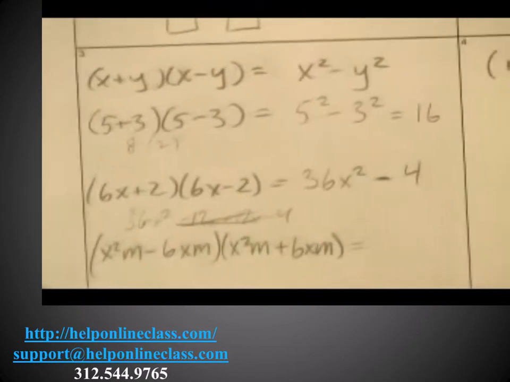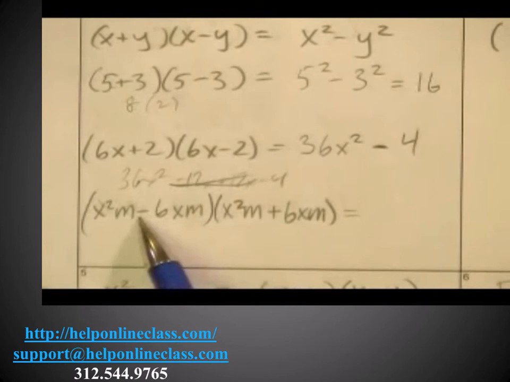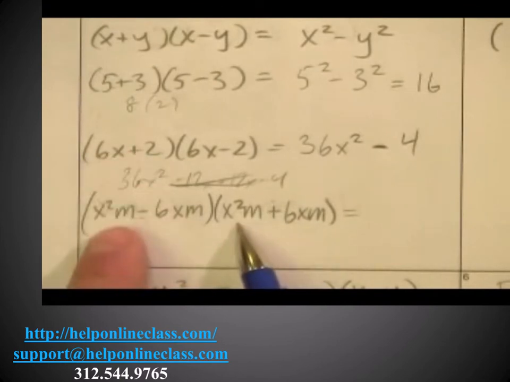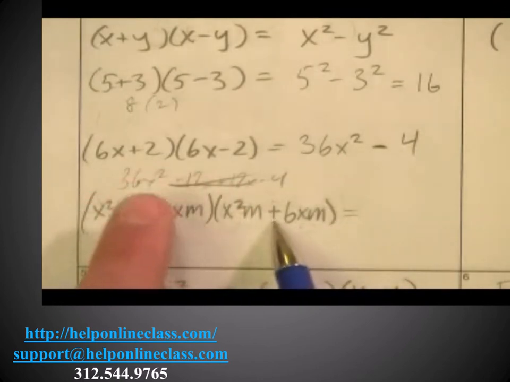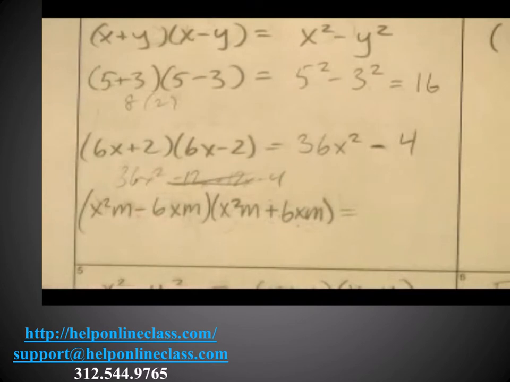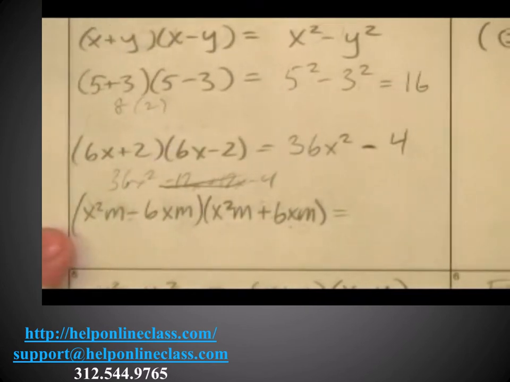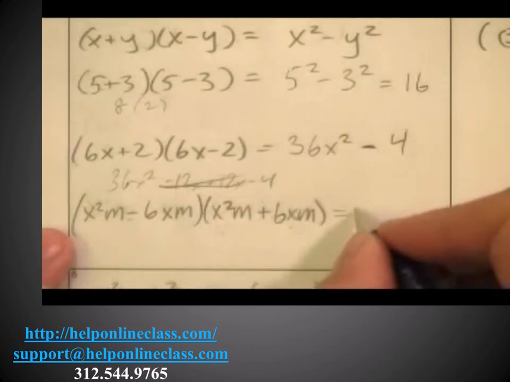Like this is a crazy one. But if I make the observation that there's a minus and a plus, these two terms are identical. The only difference between these two parts of this product is this minus and this plus. It's the only difference. So I know I've got a difference of two squares. I'm going to end up with the first guy squared, which is x